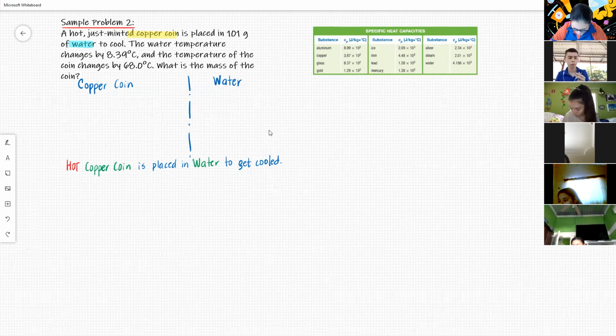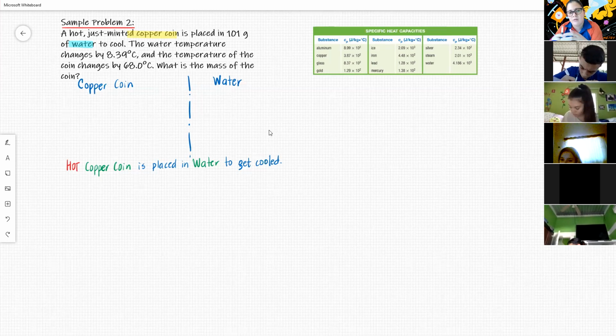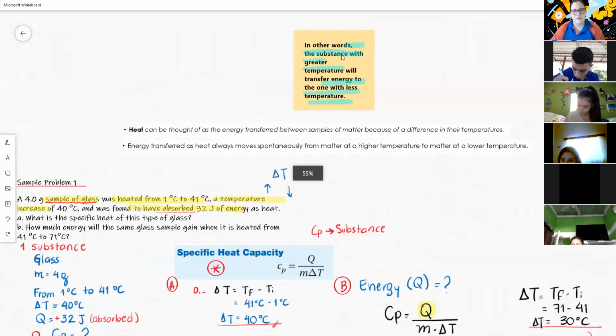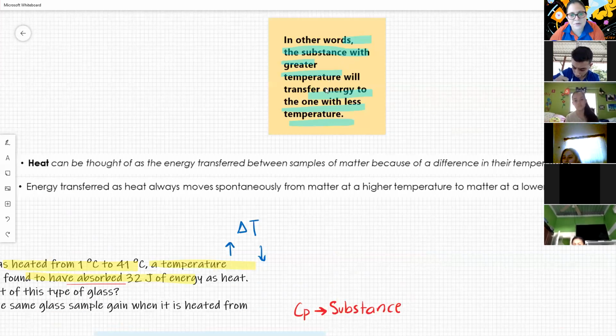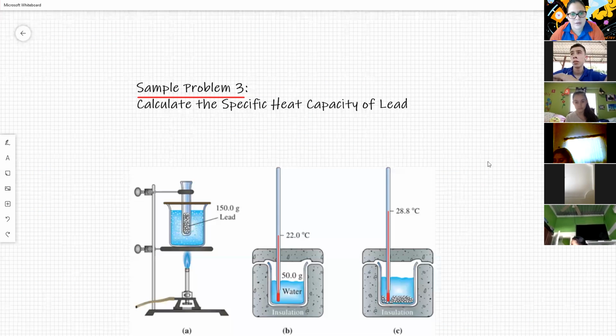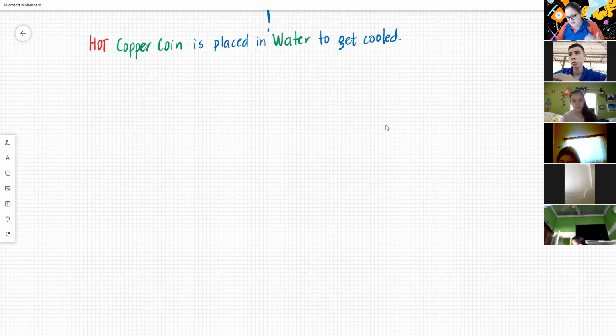Now, this sentence tells you what object is going to absorb and release energy. Remember what I told you in the beginning. I told you the substance with greater temperature will transfer energy to the one with less temperature. So here in this example, the hot copper coin is placed in water. How is the heat going to be transferred? Okay, from the